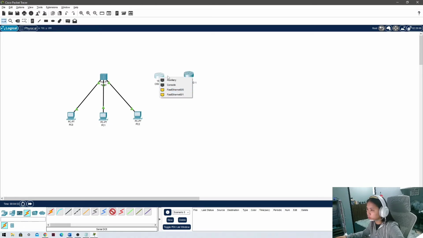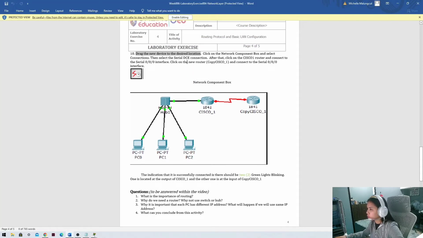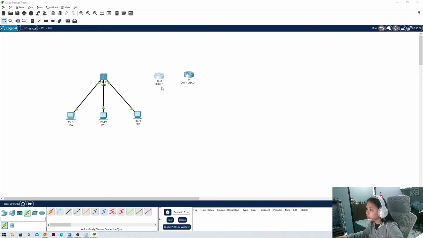We can see we don't have that port serial 0/0. So we have to add port here. So to add the port, okay, to add the port,